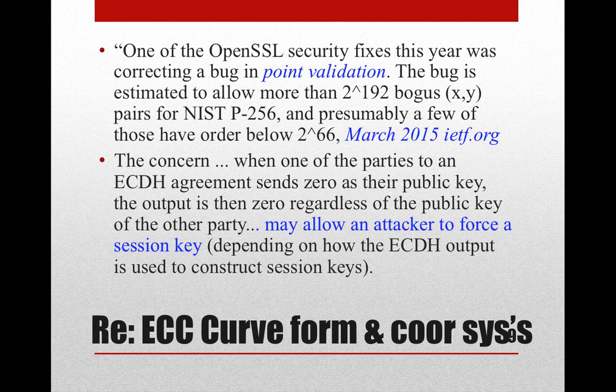Basically, they had two different curves. I think it involved point validation, although they didn't say this. One of the curves they were using was a secure curve, and another curve was insecure. What they were trying to do was force the target onto the insecure curve so that they could attack the Diffie-Hellman key exchange. And I thought it was really interesting.